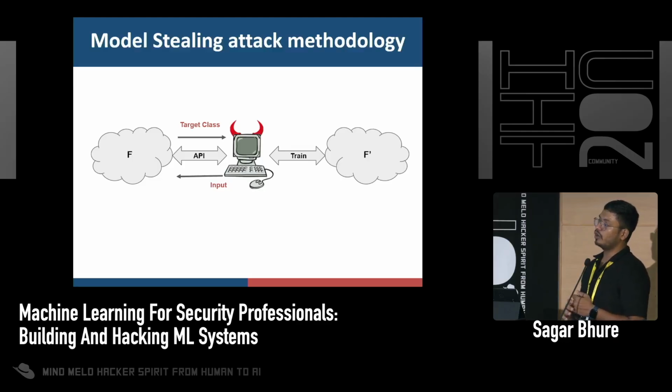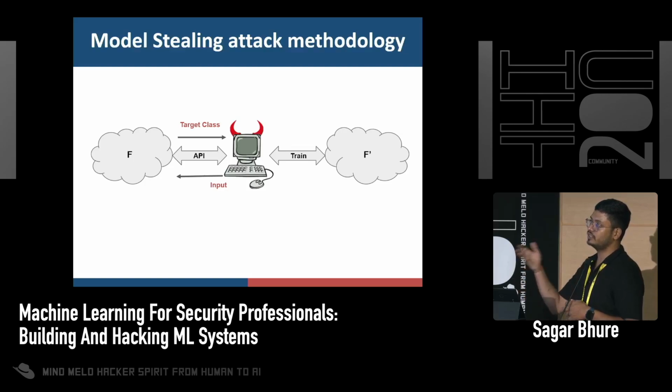What a model stealing attack is, you try to create a replica of the model that is hosted on a cloud server using API calls with random text to the cloud provider, which is F, and you try to create a replica called F dash using the API calls. One good way to restrict this is by using rate limiting. But a premium user with a premium subscription cannot be rate limited for obvious reasons,